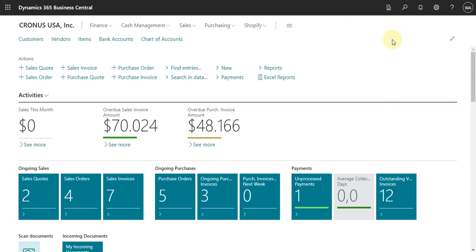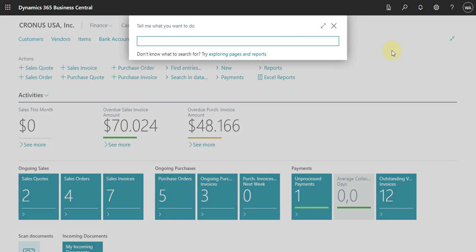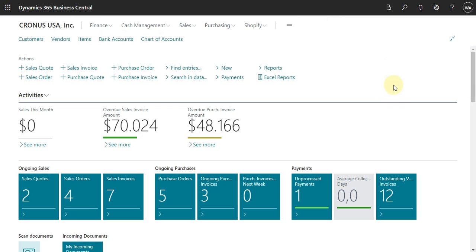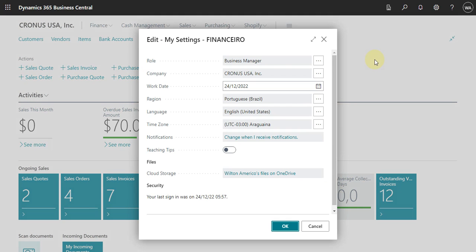Also here you can press the Alt key and then you will open the search. So let's do this, Alt Q, and then you open the search, and then you can search for something. Also here, what you can do is go to My Settings. To do this, you have to press Alt and the letter E, and then you can